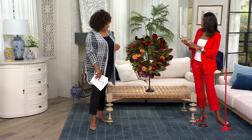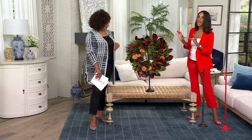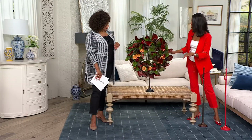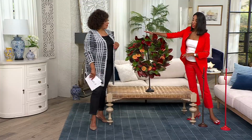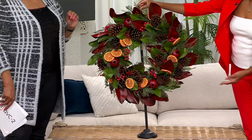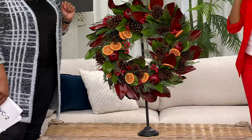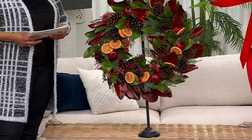But also, I like to do a lot of entertaining, Leah, especially during the holiday season. And I love to think about your dessert table, where you're going to display your food. This just adds that elegance. If you have this tabletop like you can do here, because it does go down to that 35.5 inches, you can bring this tabletop, put this on your island, and have your desserts underneath. It really adds something just very eye-popping, really lovely,